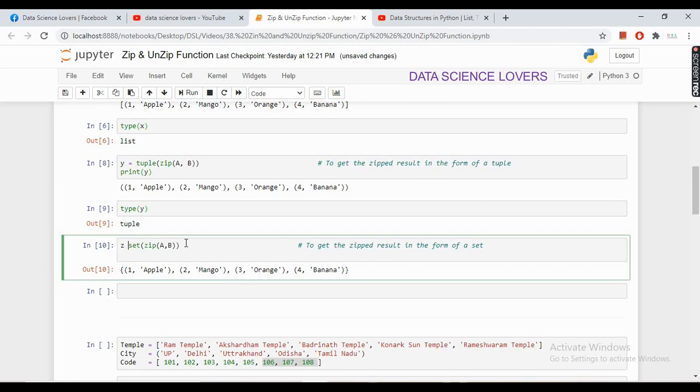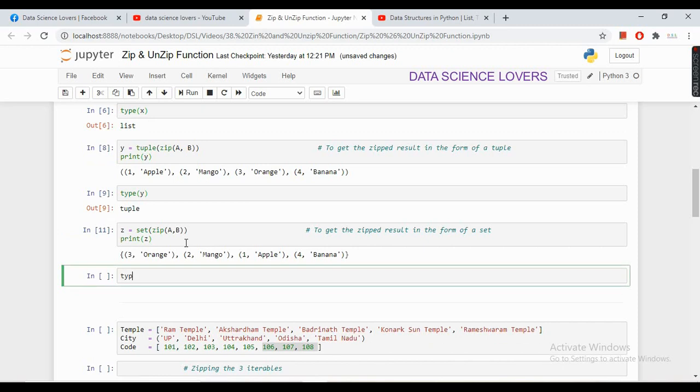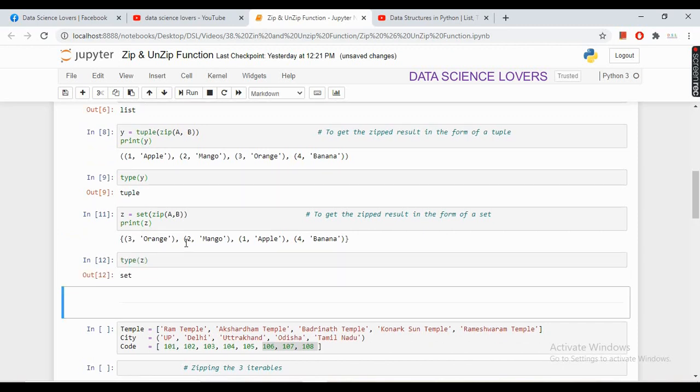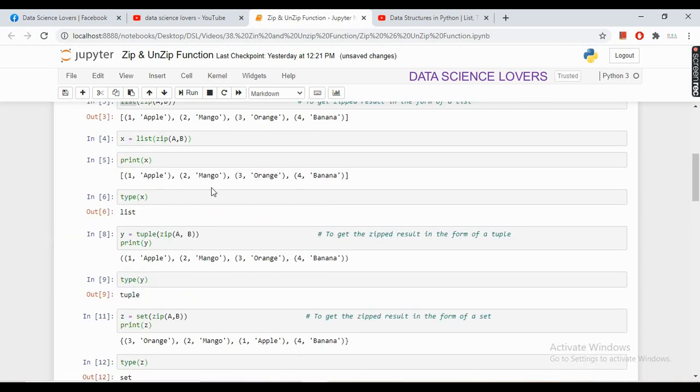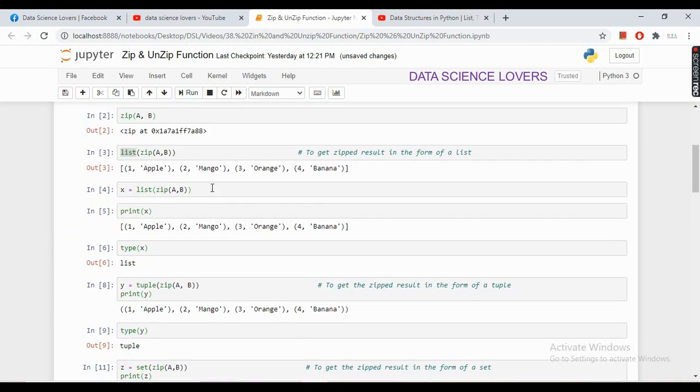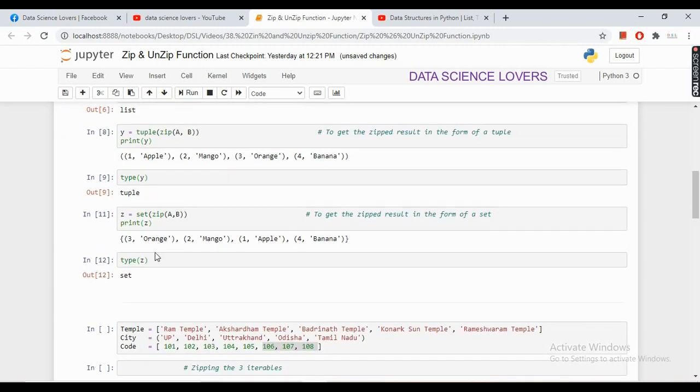We can also save this output in a variable z and print like this. If I see the type of z, then it is a set. So this is how we can zip two or more iterables together to form new tuples, and we can also get the output in the form of a list, set or tuple.